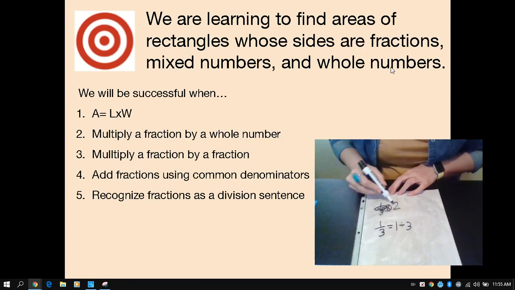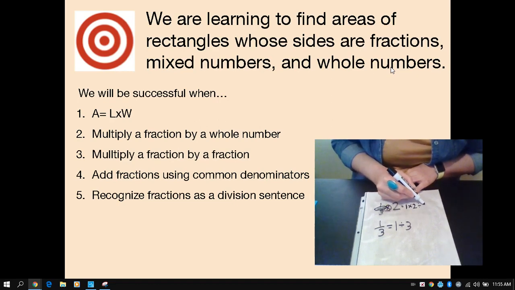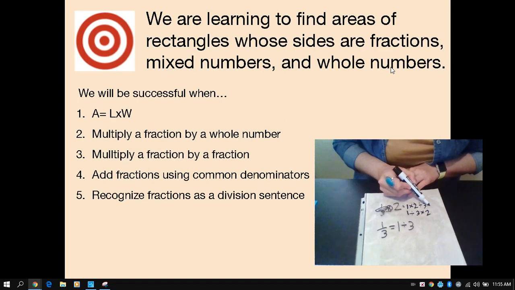So we could look at this problem and say 1 times 2 divided by 3, or we could say 1 divided by 3 times 2. Now, in this case, we can't take 1 divided by 3 and get anything other than a decimal or another fraction. So we're going to go up here and we're first going to multiply. 1 times 2 is 2 divided by 3 gives me